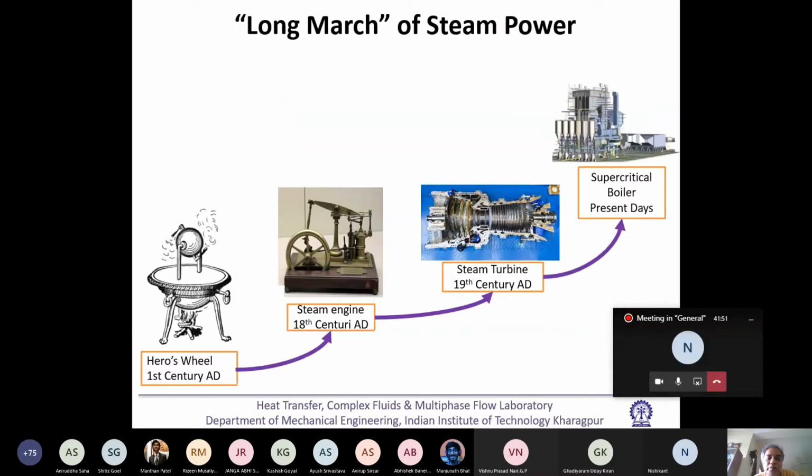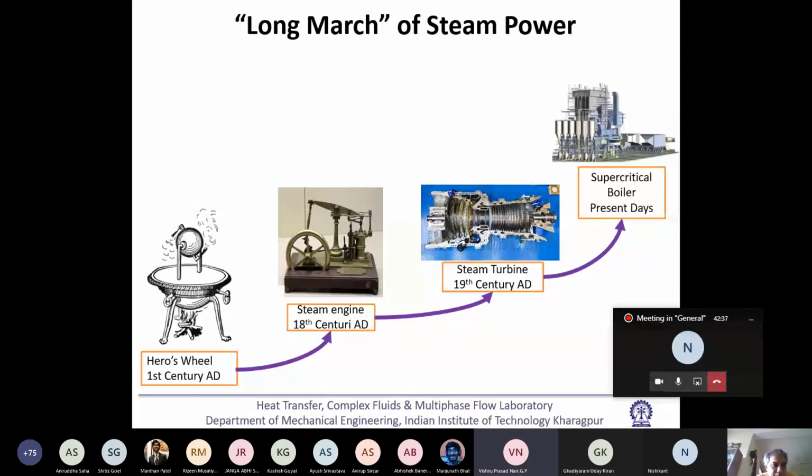Okay, forget it. You see, that steam can do certain things was known in different parts of the world, even in Egypt. In temples, people used to do some sort of magic: when they put some fire on some altar, automatically some door would be opened. But the first thing with which one could have some motion from steam was Hero's Wheel, first century AD. The first figure. Can you understand what is happening in this figure?